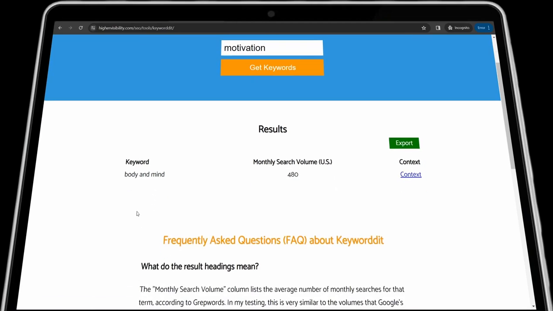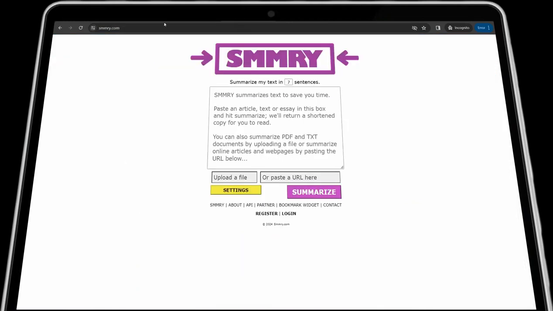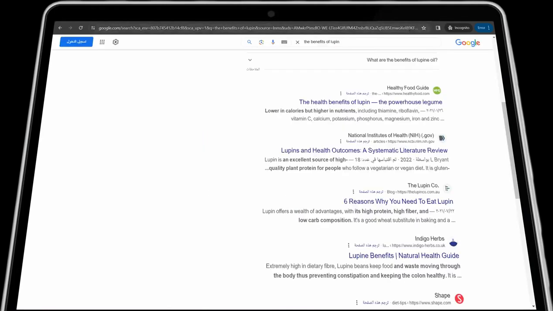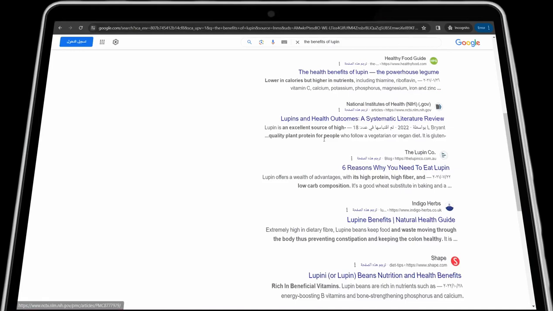Perfect. And the fourth website quickly, that is summary.com. It's a beautiful free tool that enables you to summarize any lengthy article just in few sentences and paragraphs. And even better, you can insert here the URL of any web page to summarize it in a click of a button. So for example, if we head over to Google search and we can search something,